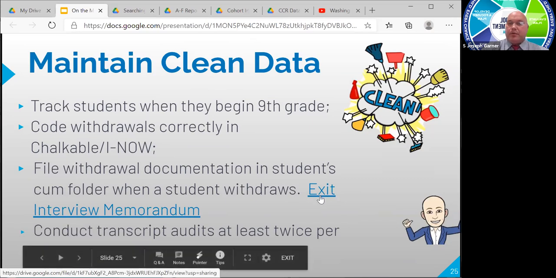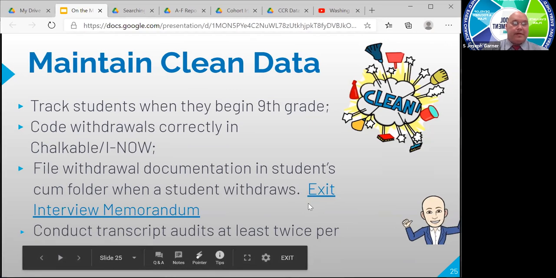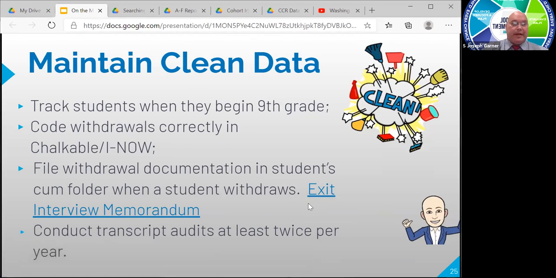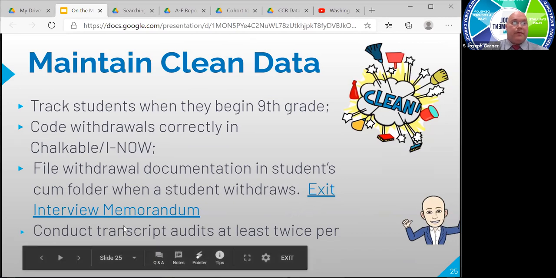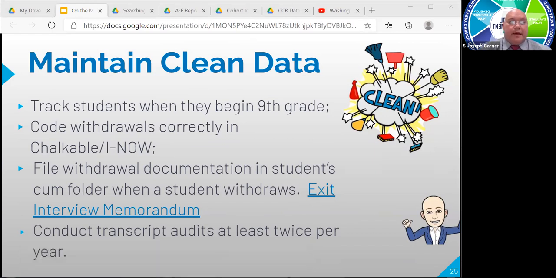It came out in July 2020 and specifically outlines the process and the requirements for conducting an exit interview for young men and young ladies when they leave your school. And again, code withdrawals correctly in iNow. If they're not coded, it plays an important role in the grad rate and the CCR rate on the report card. Be sure to conduct transcript audits,